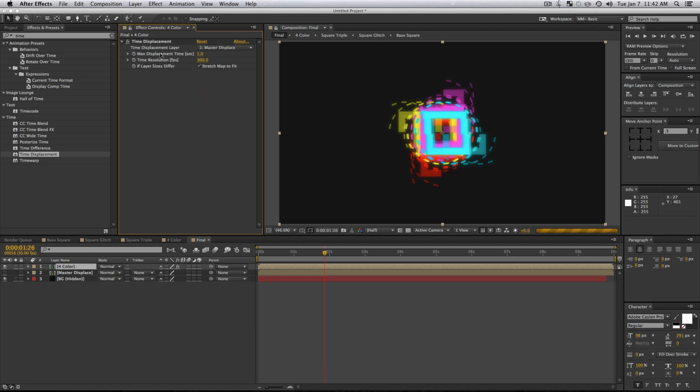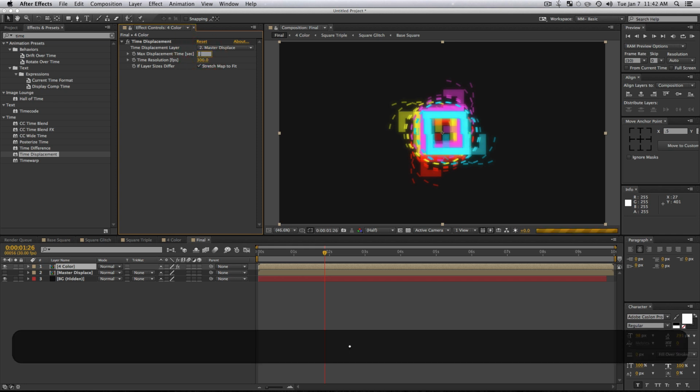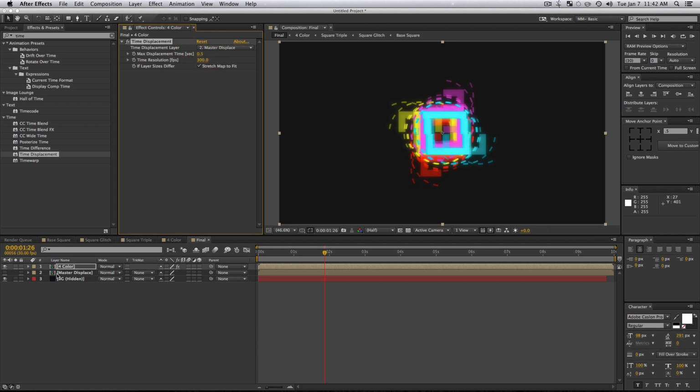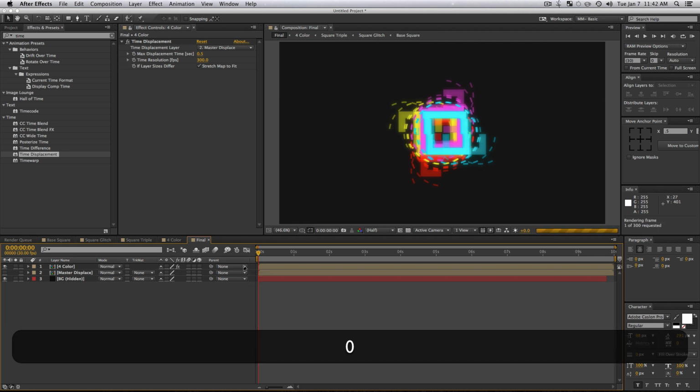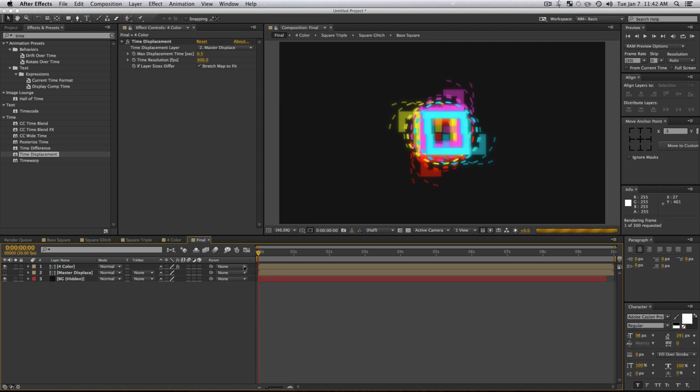And also your max displacement time we're going to set to 0.5, because this alpha that we set with the ramp in the background is going to affect how our animation plays. So I'm going to warn you guys that this does start to get a little bit computer intensive. So if your computer's not great, I would just turn your max resolution down. It'll start going. It just takes a while for the program to figure out what's going on. As you can see, mine is just thinking away.